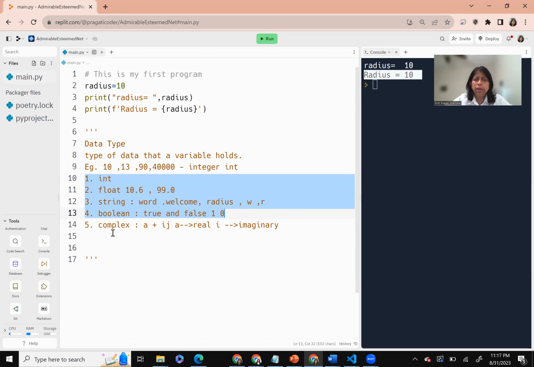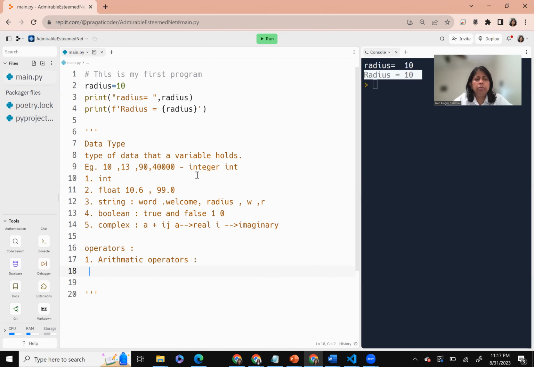One more thing that I would like to explain here is operators. Now, the first in that series is arithmetic operators. What is an arithmetic operator? An arithmetic operator is similar to the operators that you would have learned in maths, that plus is for addition,